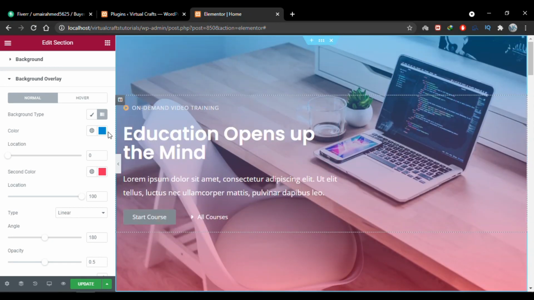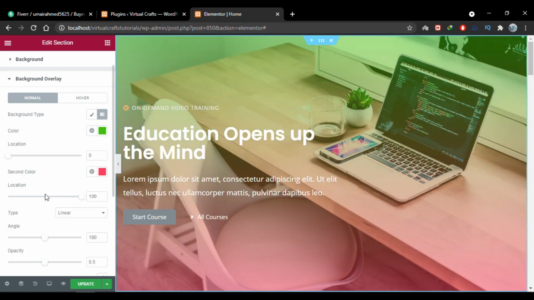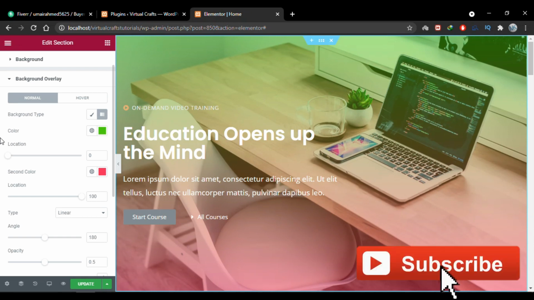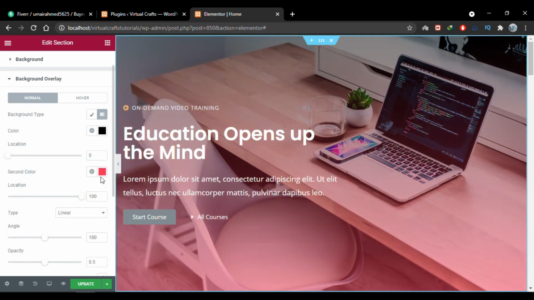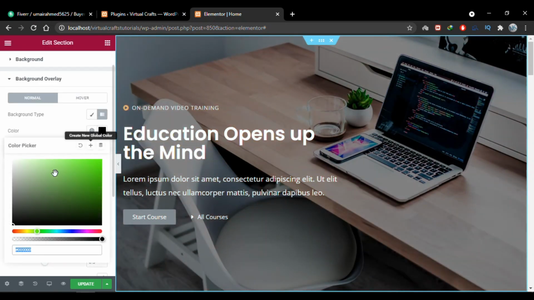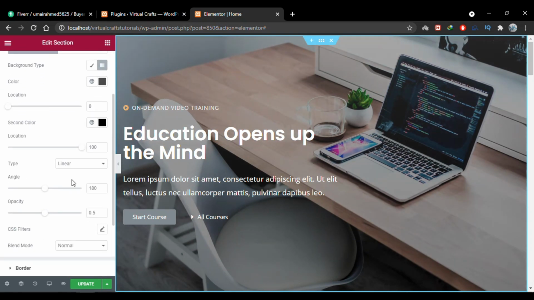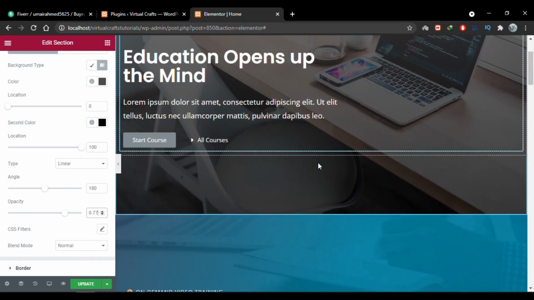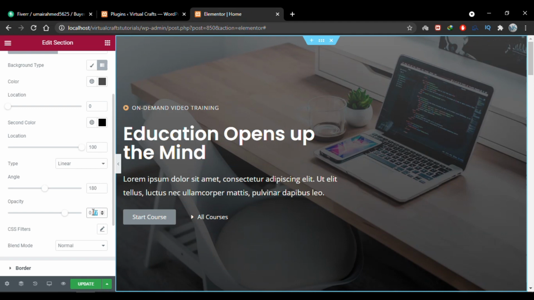So you can alter these colors according to your needs, whatever you require, but I recommend not to use such vibrant colors. Professionally what we can do is choose both colors the same and then vary one color slightly to make it a little different. For example, let me choose a black color and the second one black as well. I'll change this one slightly to gray, and then I'll come down and increase the opacity a little bit. And you'll see that we have a really cool background that looks professional, and the content is clearly visible as well. I'll make it to default.